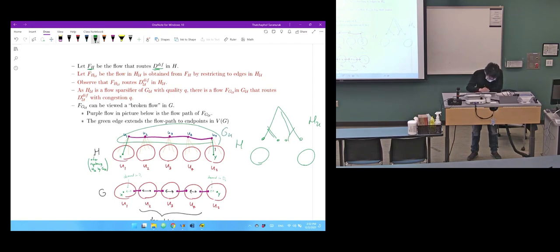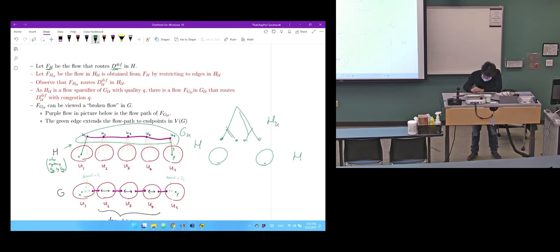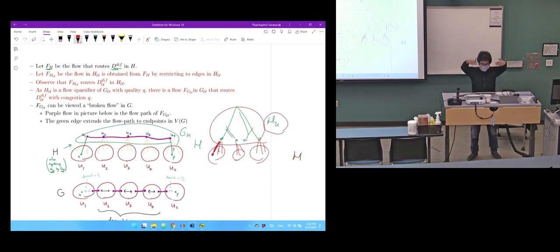This graph is H when I replace SU by GU. H itself should look like this, where you have each part here, star, star, and this part is some sparsifier. So to route the flow, again, no matter how you route the flow in H, you need to put everything to the root first, right? So let that thing be f of SU,